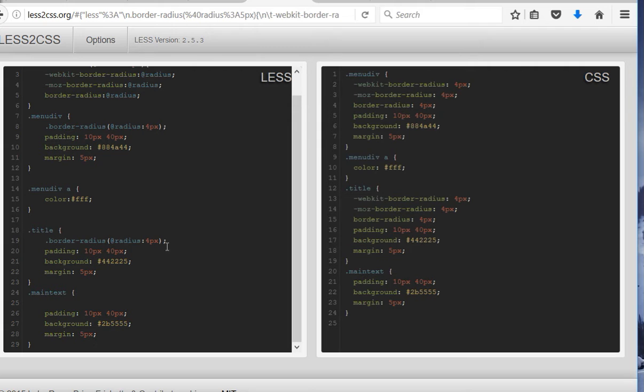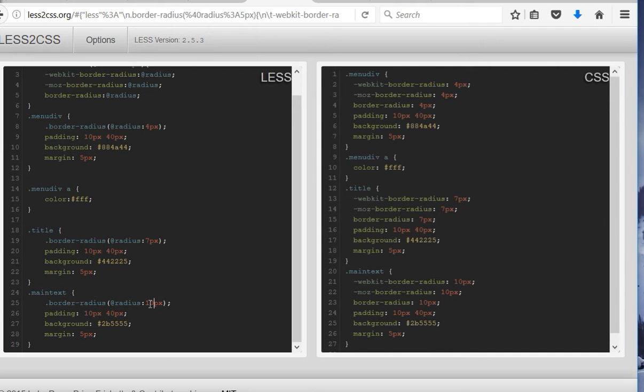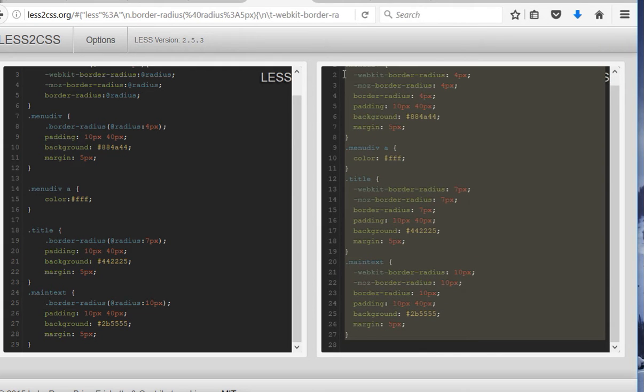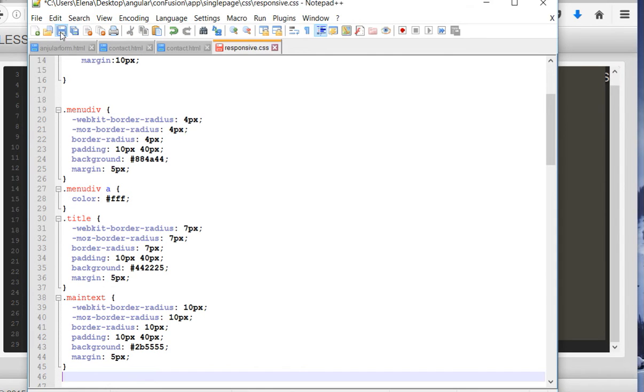For example, for title, I put 7. For main text, I put 10, and I go to my CSS file. I select all the changes, put it in my CSS file, save,